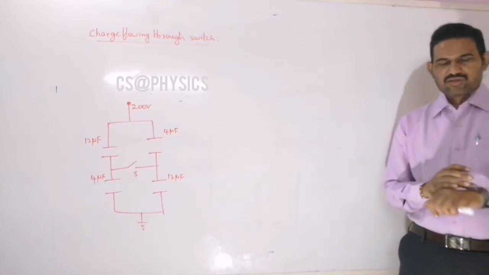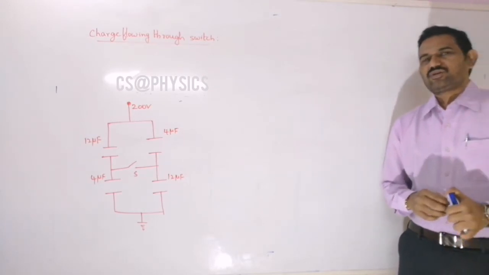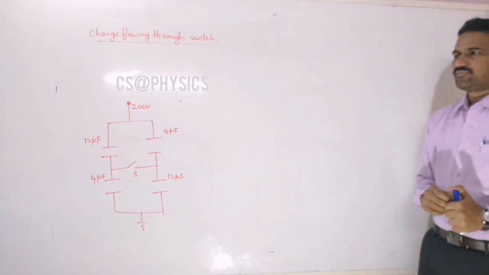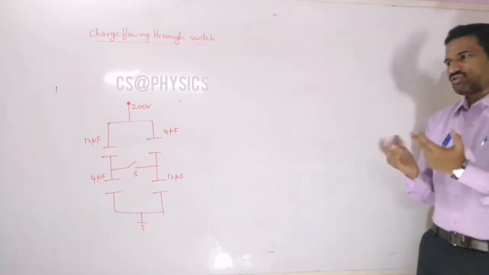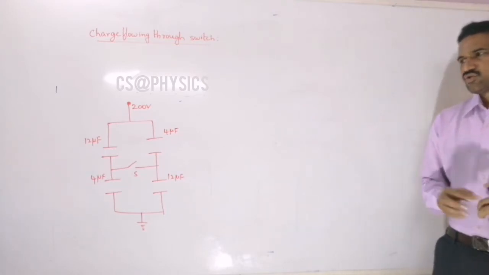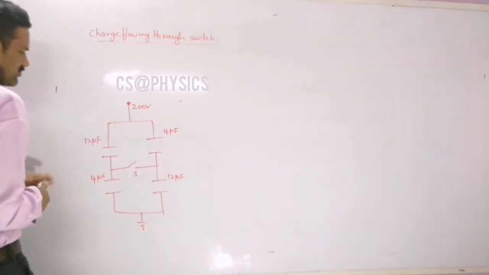Find the charge flowing through it once the switch is closed, right? And so now the similar calculation here, initial charge calculation and final charge calculations you need to do here. The initial charge calculation means now when the switch is open, now again you can observe that these two